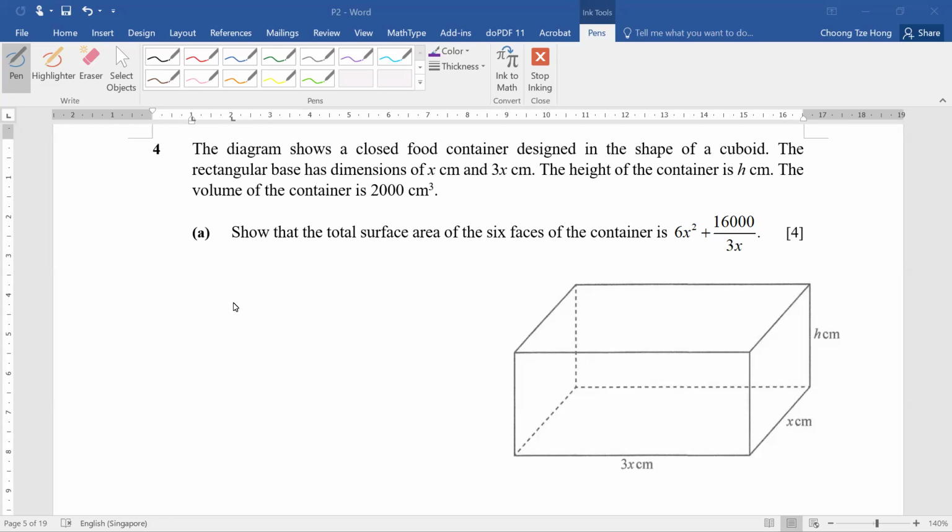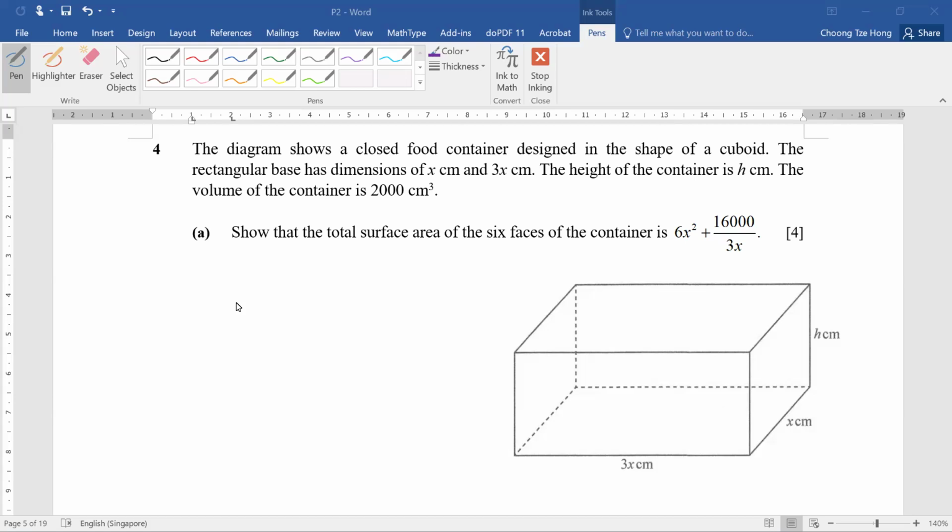A diagram shows a closed loop container designed in the shape of a cuboid. The rectangular base has dimensions of x and 3x cm. The height of the container is h. The volume of the container is 2000 cm cubed. Show that the total surface area of the six faces of the container is 6x squared plus 16,000 over